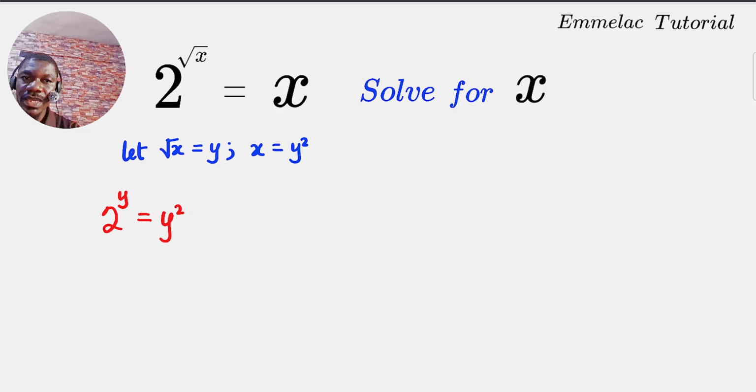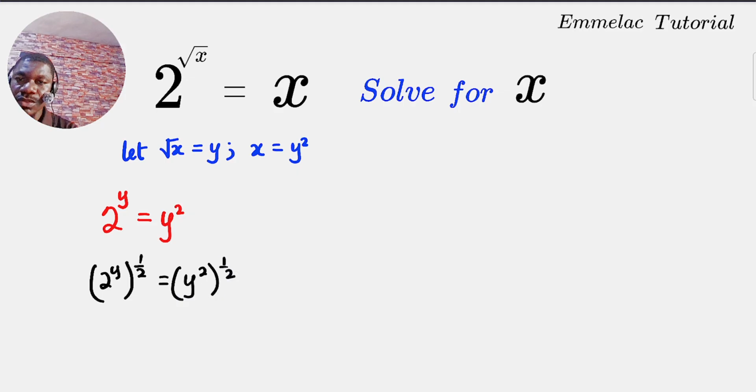All we just need to do now is I want to bring this 2 over as an exponent to the base of 2 and take y, which is an exponent, to y, which is also the base here. So what we just need to do first, I want to move 2 first. I want to raise both sides by the reciprocal of 2. So this gives us 2 raised to y, all raised to 1 over 2, then equals y raised to 2, all raised to 1 over 2. So at this point, this clears off this, so we are left with 2 raised to y over 2, then